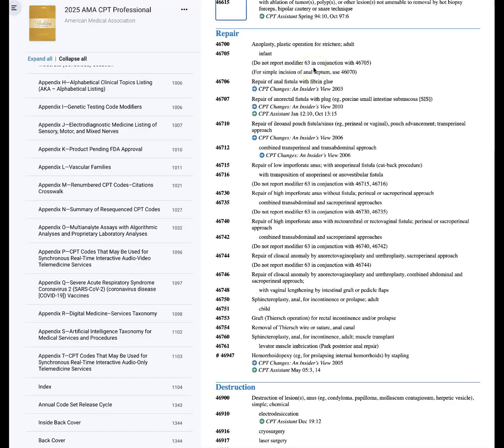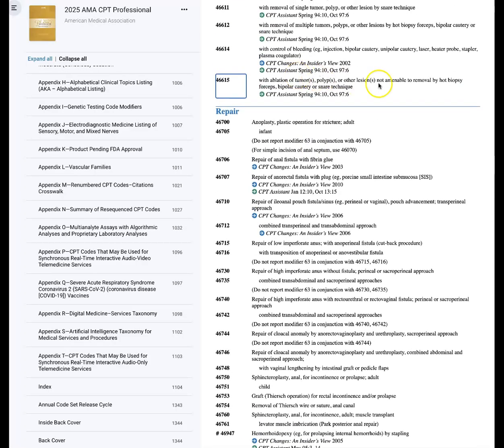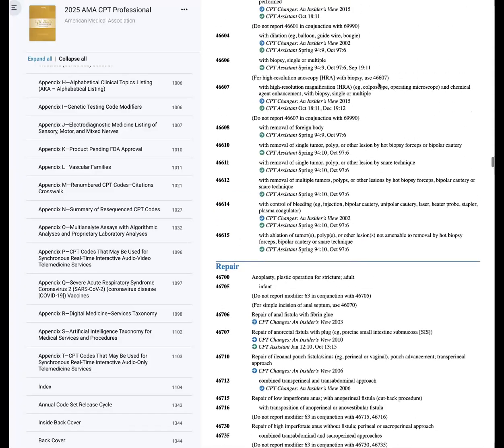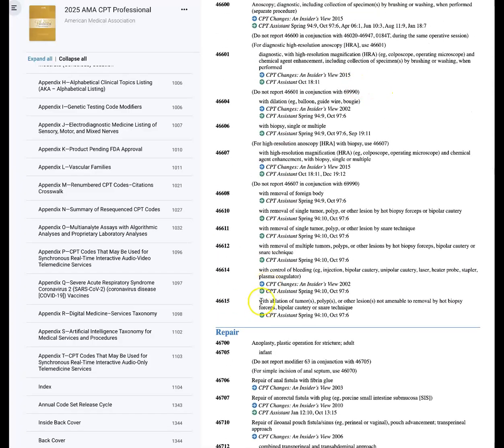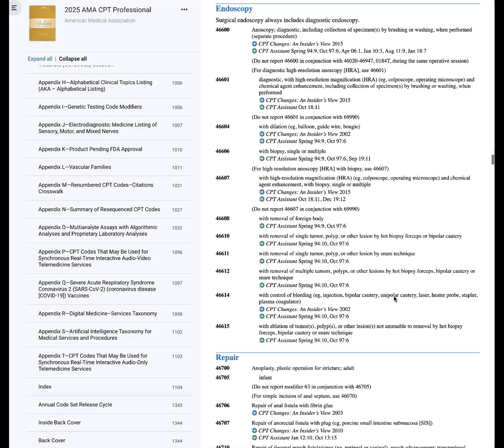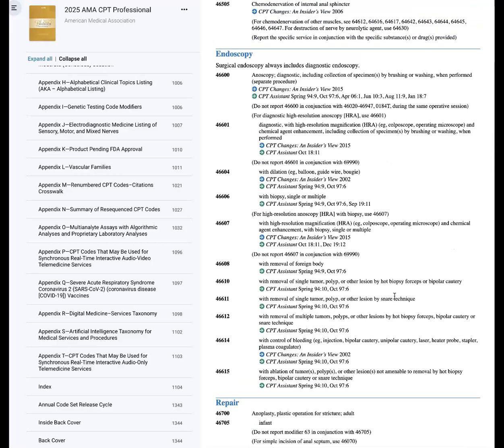So when I click on 46615, or if I had a physical book and I was turning to it, I notice that 46615 says, with ablation of tumor or tumors meaning more than one, polyp or polyps, lesion or lesions, not amenable to removal by hot biopsy forceps, bipolar cautery, or snare technique. Now, you're probably looking at that sentence saying, why is that in a lowercase format? Well, that is because, and they talk about this in the index,